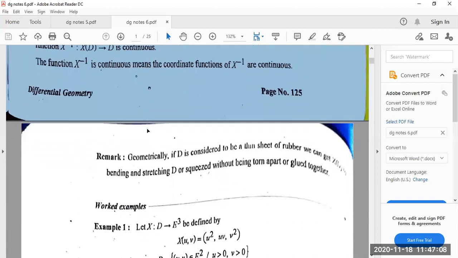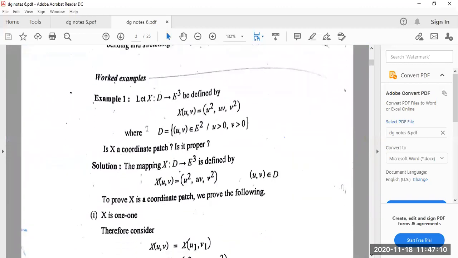Now let us go for one example so that the idea will be clear. What is given in the example? Let x be a mapping from D to E3, where D is a subset of E2 and x of D is a subset of E3, so we can write x of u v is equal to u square, u v, v square. Okay, what is D we have provided? It is any subset of